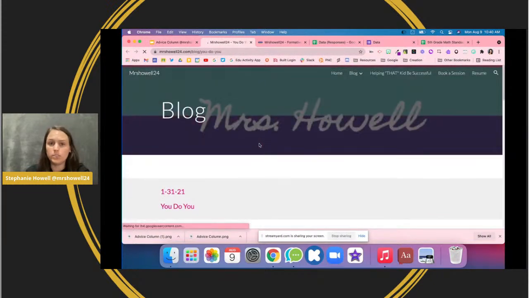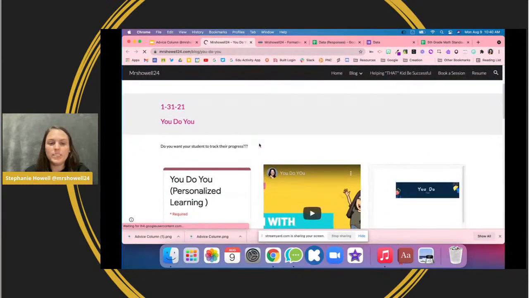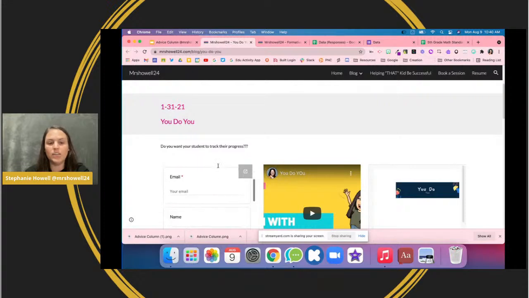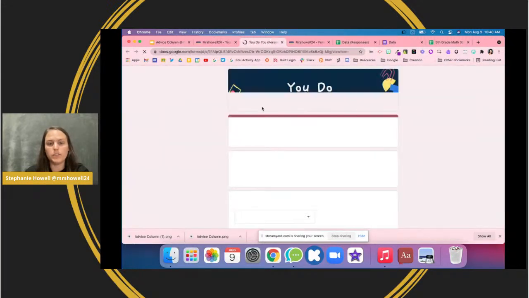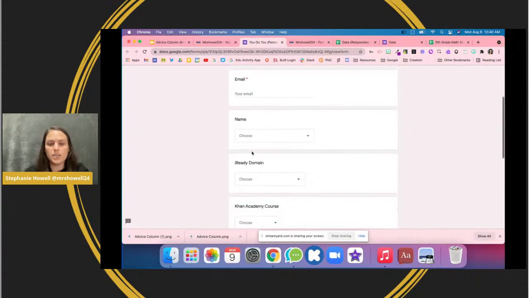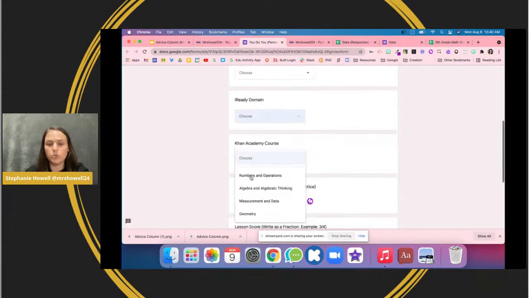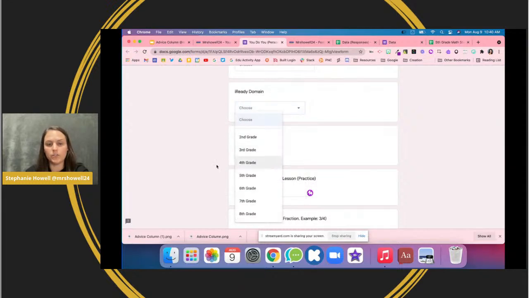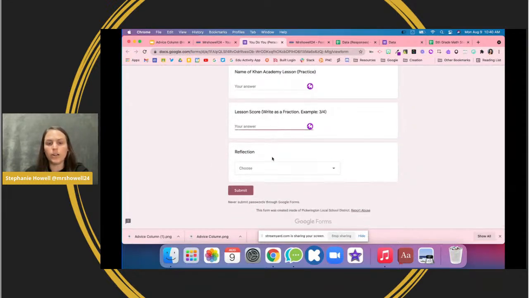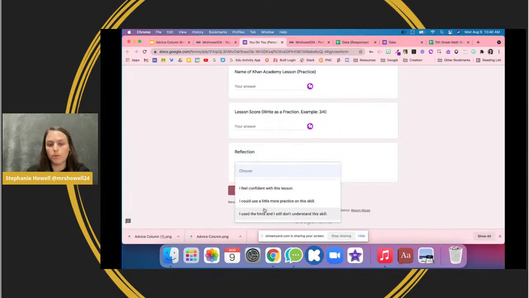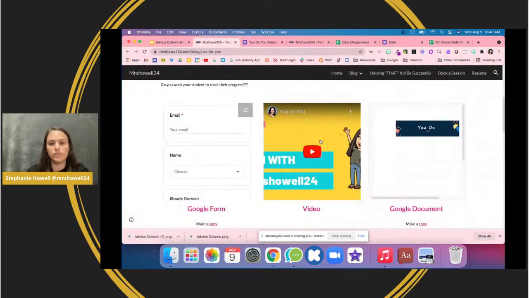Idea number 2 is getting students to track it. So I have a teacher that uses this and her students track the data. Again, there's a video, but what the students do is they put in their email, they find their name on this list, they choose what domain they're working on, they find their course that they're working on, and they start to put in their score, and there's also this reflection. So I feel confident, I could use some more practice, and then there's some hints. And again, there's a video that goes into more